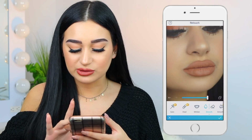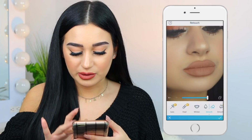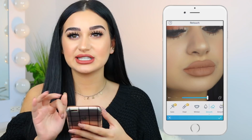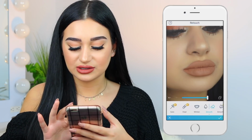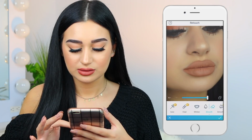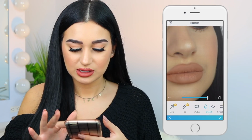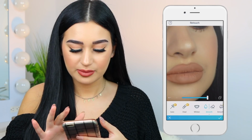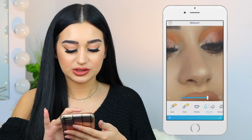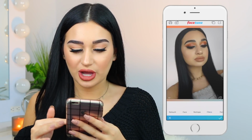I'll also go in and smooth my lips. This time I go kind of heavy when I smooth my lips, and then I go over it with the eraser because I just don't like the lines in my lips. You can also see the lipstick line in the center, so I just like to smooth that out a little bit. And then I'll go back in on this side where my mustache is, and tapping. I'll tap around my nose a little bit, around my under eyes. Okay, so I think that looks pretty good, so I'm just gonna go ahead and press the check mark and